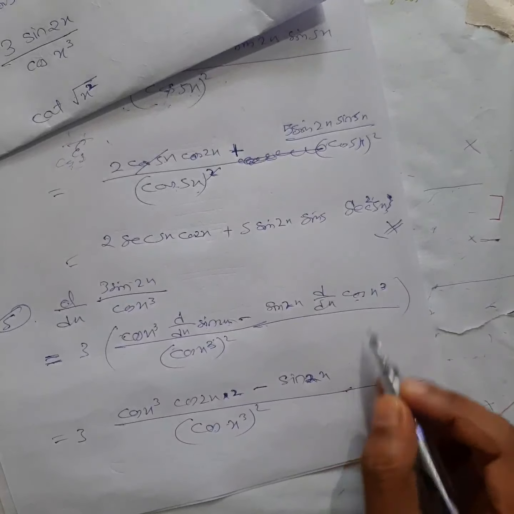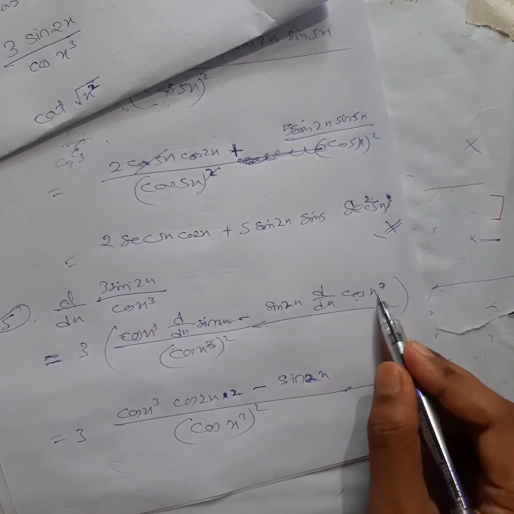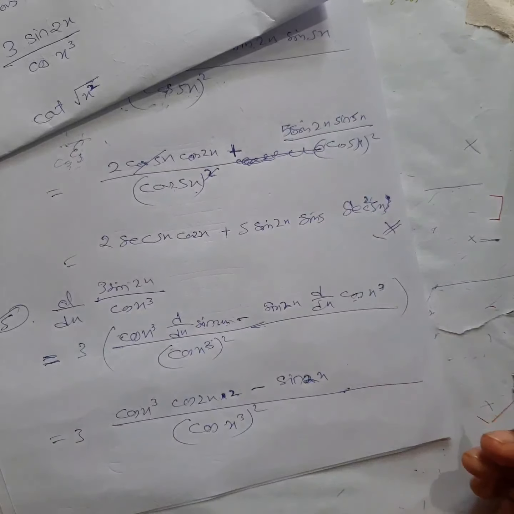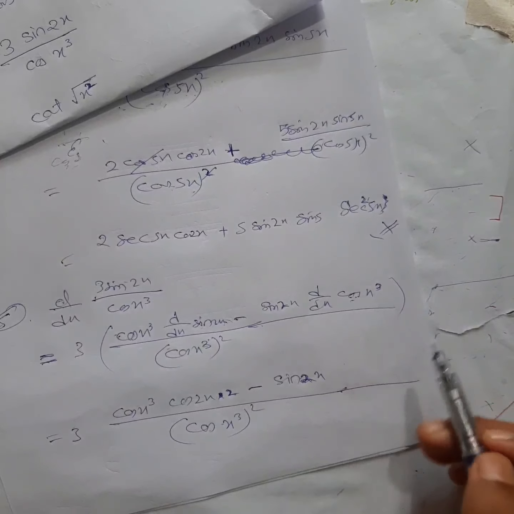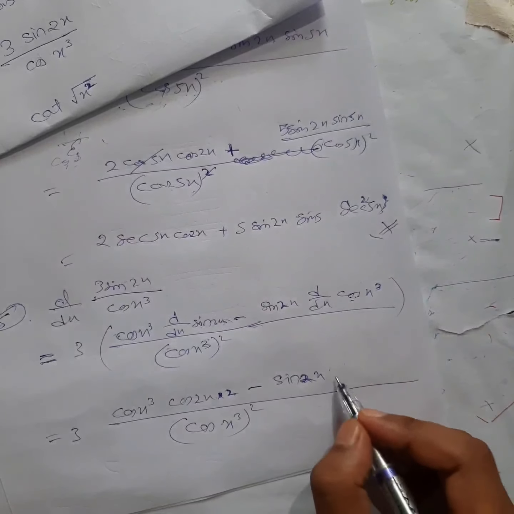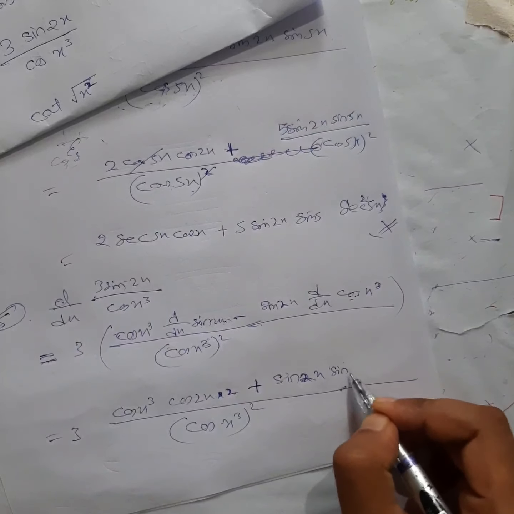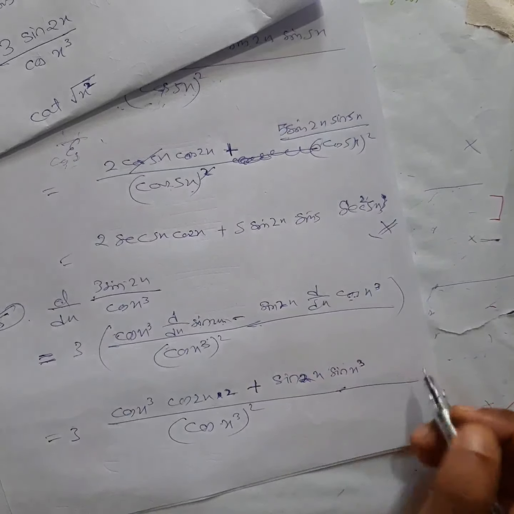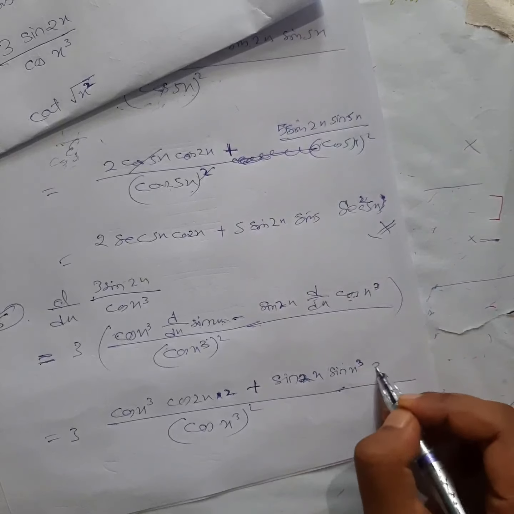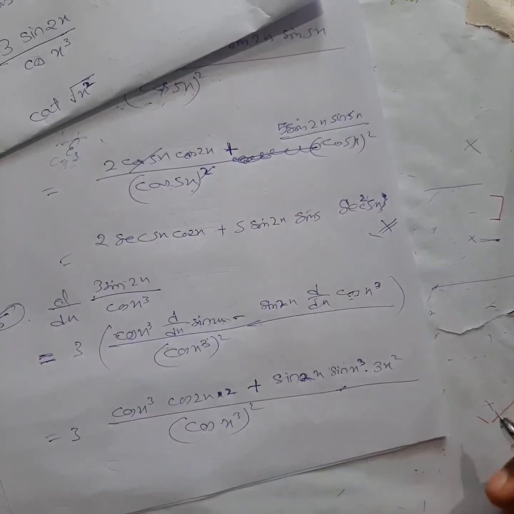Okay, d dx of cos x cube. Whenever this is of the form cos x, but in place of x you have x cube, you have to differentiate x cube again. So first the cos x form: whenever cos x is there, minus will come. So minus minus will become plus here. So this will be sin x cube. So x cube you have to differentiate again. So you will get 3x square.